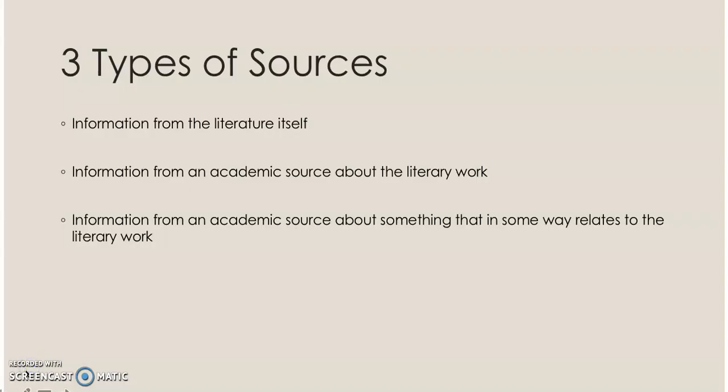So when we're writing about literature, we have three different places that we can potentially draw from for our analysis. The first of those obviously is quotes from the actual literary text itself. Now, you may be writing about just one work of literature, you may be writing about more than one. So let's say, for instance, that you're comparing two short stories. So you would be taking quotes, information from the text itself. There are many literary analysis essays that use only that. But if you have to use any outside sources, then these are the other two options that you also have.